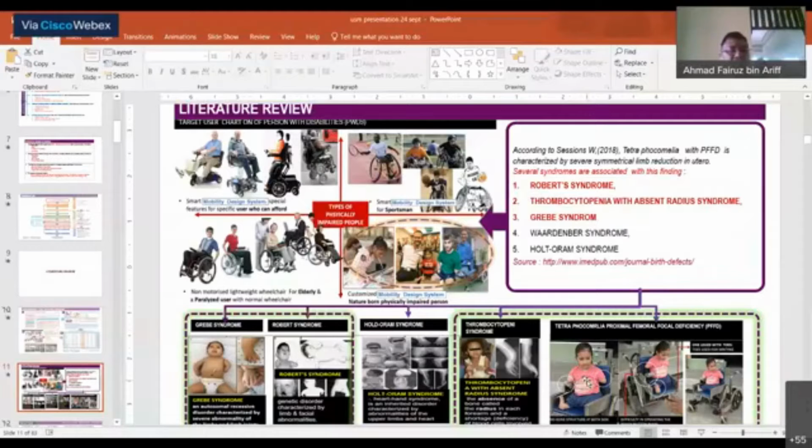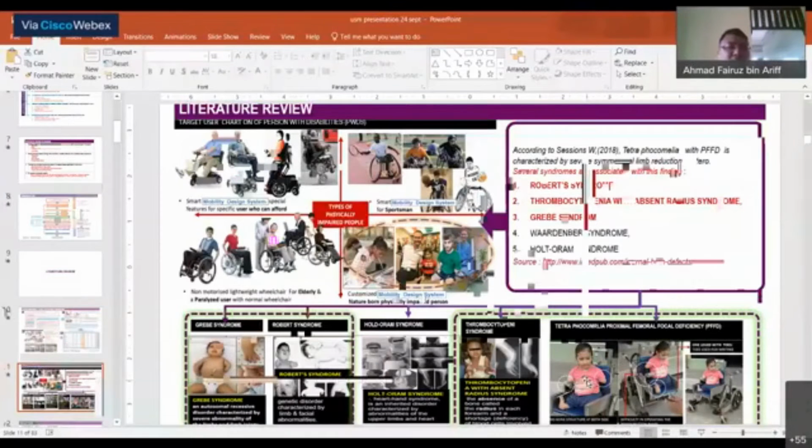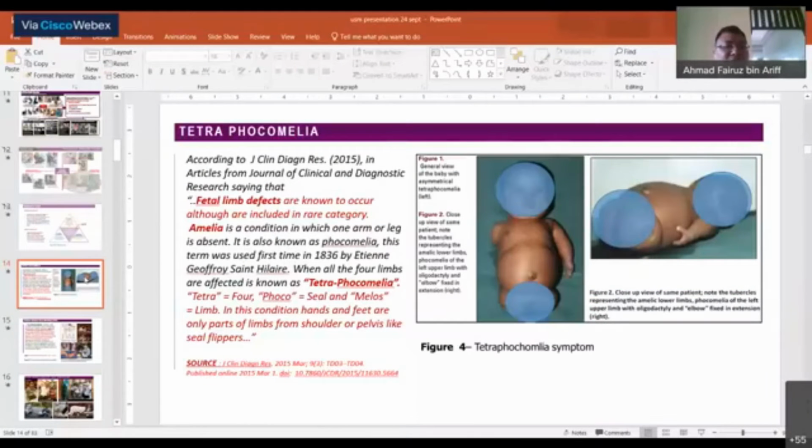Okay, what is tetraphocomelia? According to J. Clean Dice 2015, fatal limb defects are known to occur, although included in the rare category. Amelia is a condition in which one arm or leg is absent. It is also known as phocomelia. This term was used for the first time in 1836 by Etienne